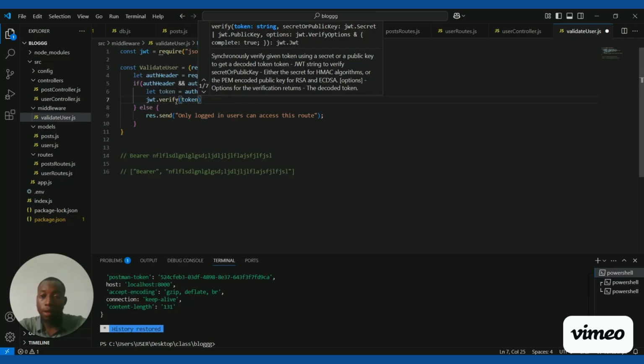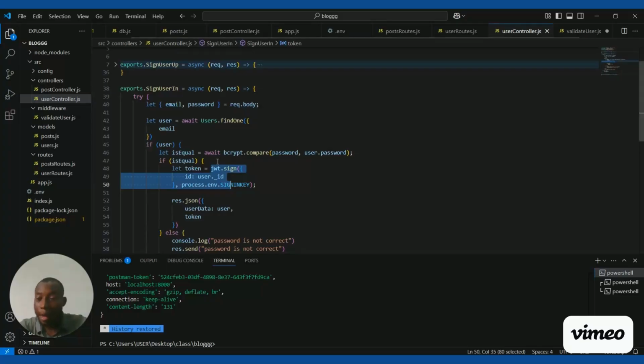The token, pass the token as a parameter, and then we pass a second parameter. While trying to create the token, we used this second field, process.env.signin key. This signing key is what we use to sign our ID. Now, to verify this token, we still need to use this signing key. Don't forget, I am storing this in my .env file. That's why I have